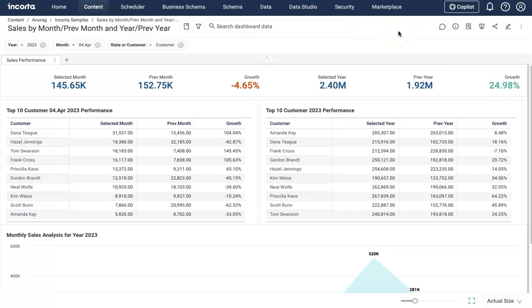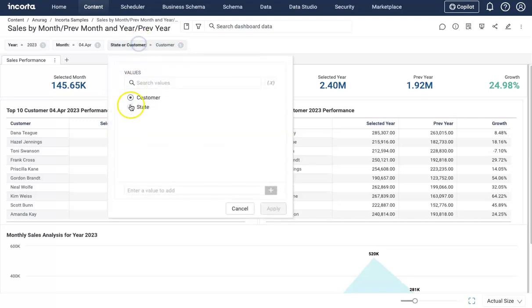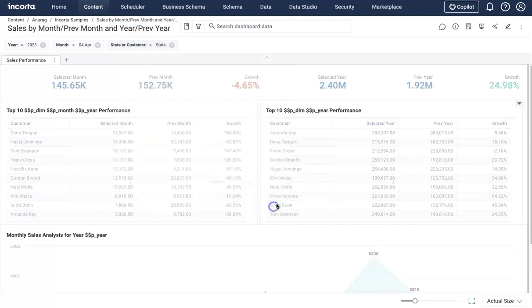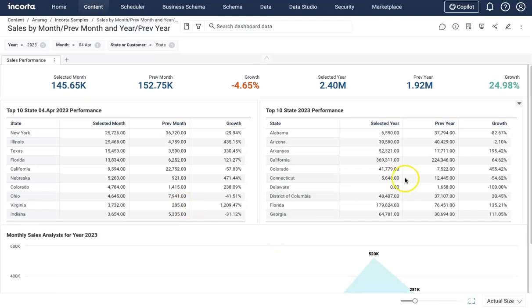Let's see how you will model this in Encarta. By the way, you can also change the dimension from customer to state, and then you see all this information by state here in these two tables, right? Modeling this in Encarta is pretty easy. If I just show you the formula for these KPIs, same formulas will be applied by state as well,